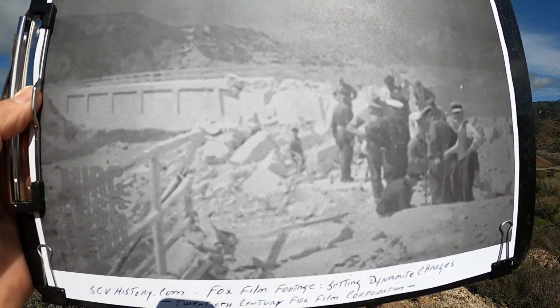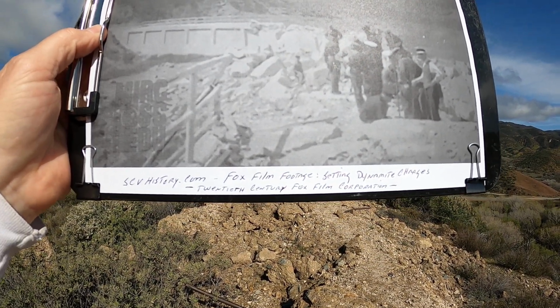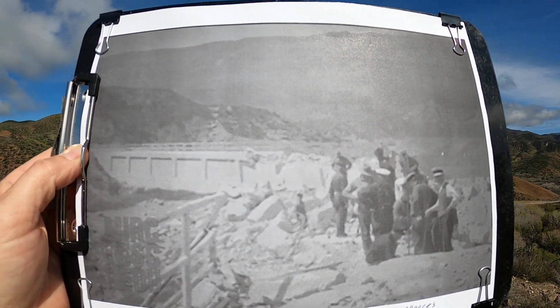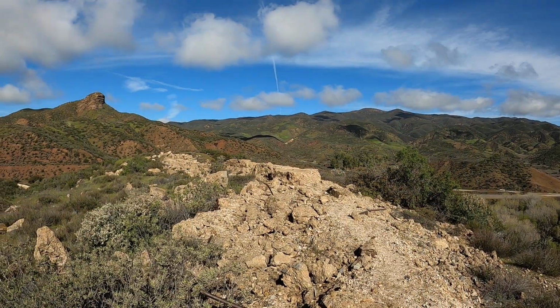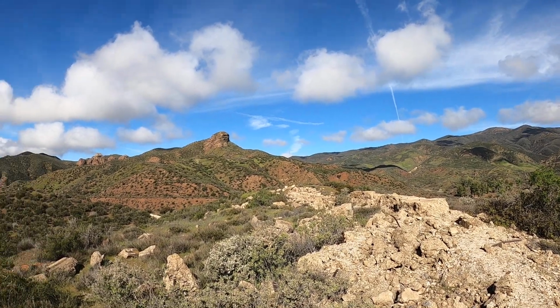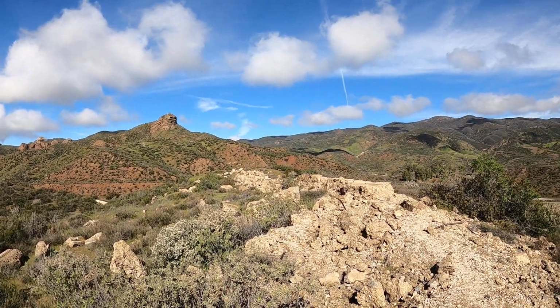Just some more pictures of the St. Francis Dam. And this Fox film footage, it's a silent reel, and they have the whole, it's like 20 minutes. And they have the pictures of these guys blowing this up. And there is a picture of when this area up here explodes. It's probably filmed from that little up on that mountain over there. So anyway,